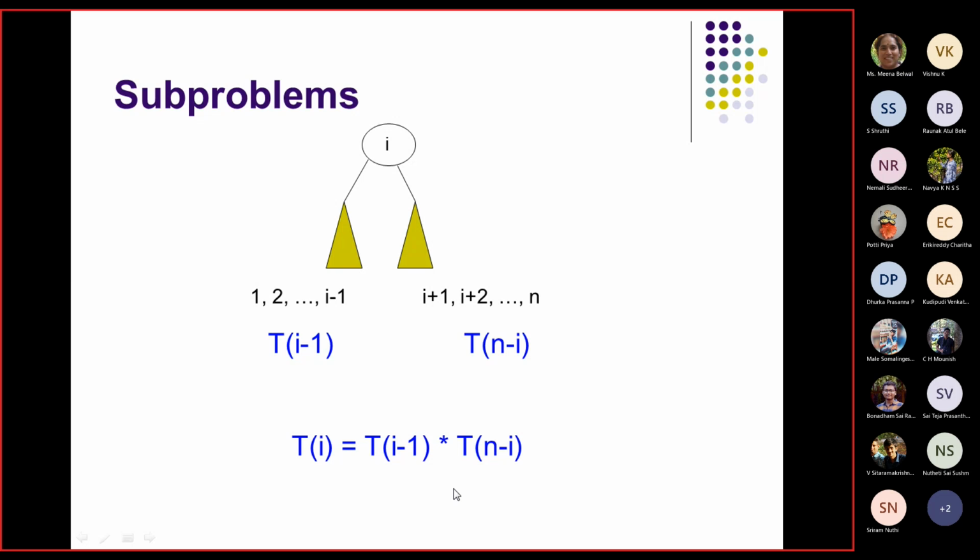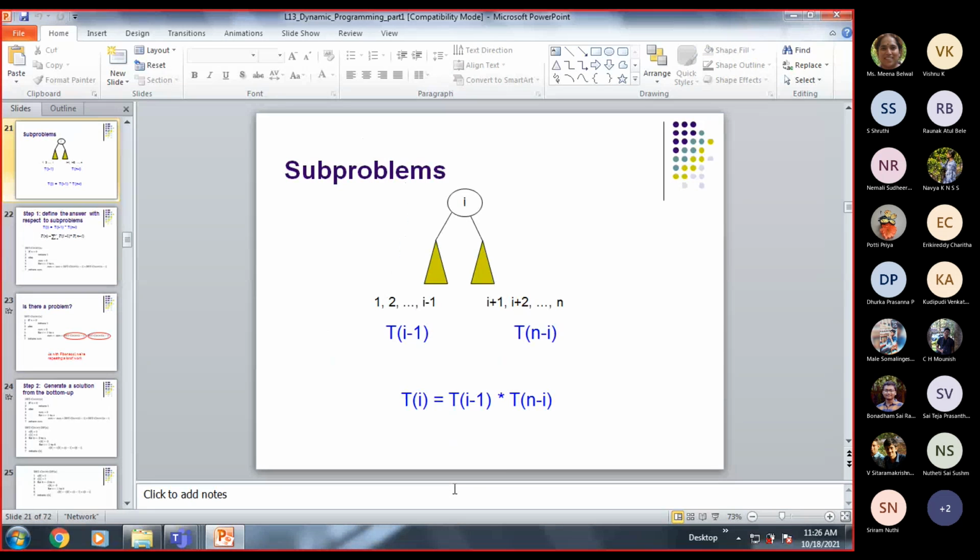Ma'am, if I take T of I minus 1, that will mean that 3, 4 or any other node cannot come immediately after the left of I, no ma'am. But then that case also should be considered. T of I minus 1 is only indicating the number of trees with I minus 1 as the root. But towards the left we should cover all the possible cases, no ma'am. All possible cases will be covered.